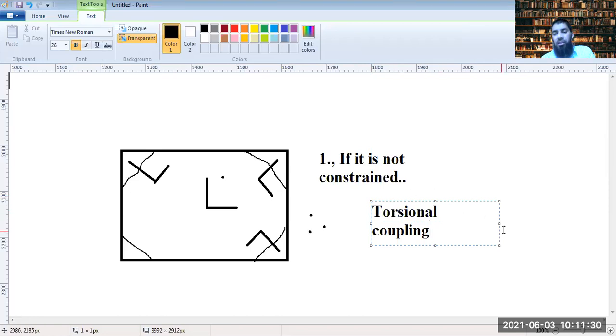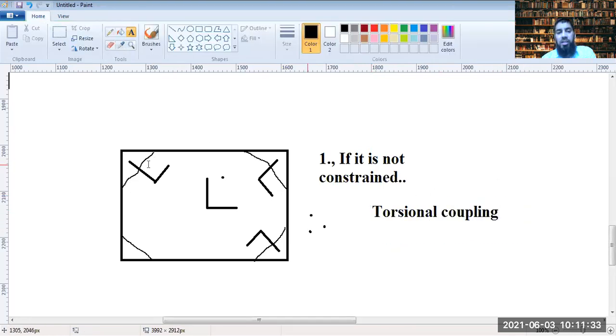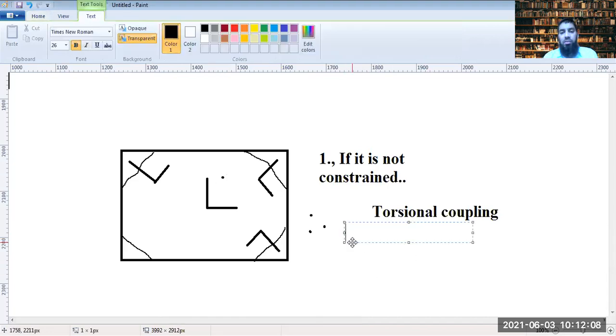What is torsional coupling? You have moments in two opposite directions. One is through this direction, for example, this is x direction. Another is through this y direction. Here at the corner, one of the moments is much more than the other. Which one is much more? It is this one, and that is much more than this one. So thereby the corner lifts up first. This could also be known as rotational coupling.